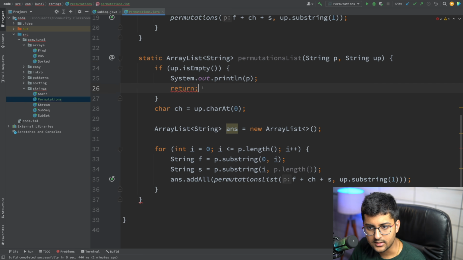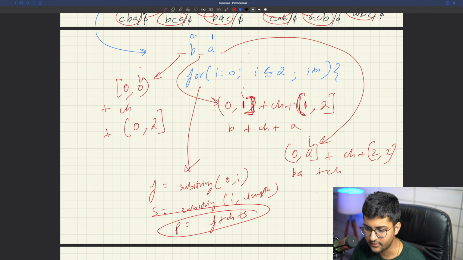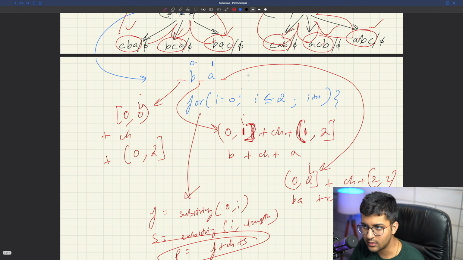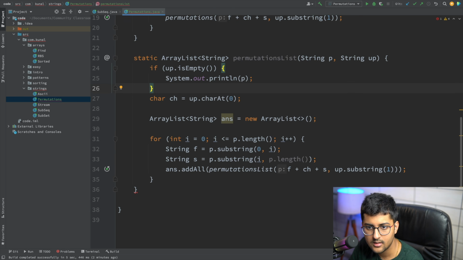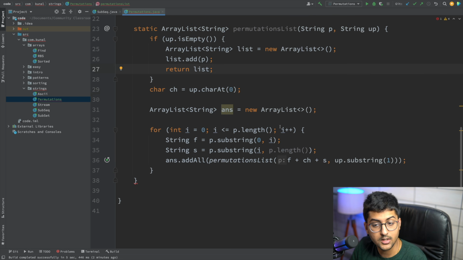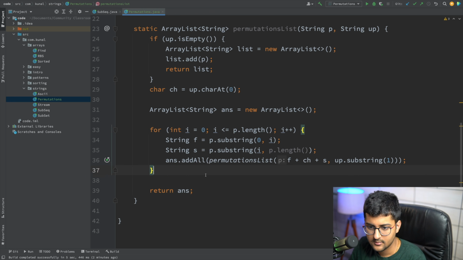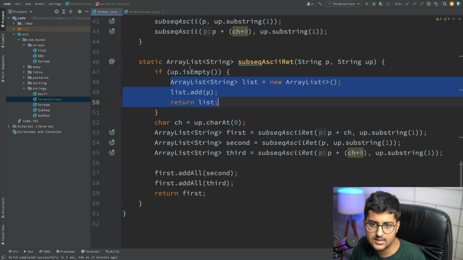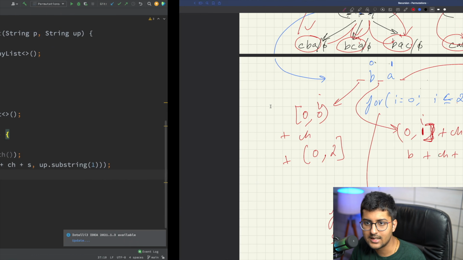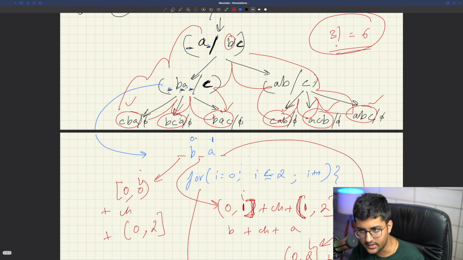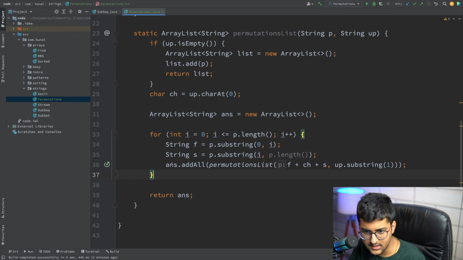Okay, and after that I don't need to do this. So what am I going to do in the base case? When this becomes empty, you have found one of your answers, already explained over here. So exactly copy paste this, literally copy pasting, nothing new, no need to explain. Return my answer. That is it, exactly the same. Just this thing is changing, that's it. So this will create a list and return the list that will contain all these three items. That is what this add all is doing.